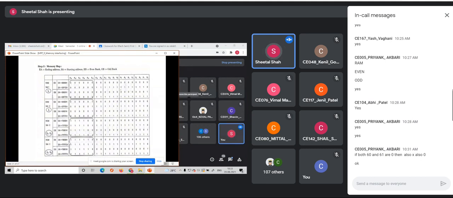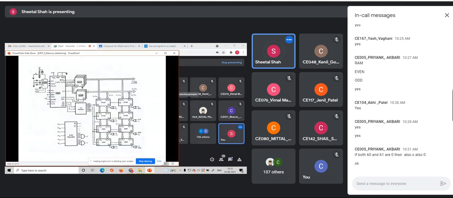The next, for ROM set 1, you can see that it is 11110. That means it is 62 as well as 63, all ones. If either of these two conditions occurs, you can see that 62 as well as 63 are ANDed together, and that is connected to this Y or Z, whatever it may be. And that is connected through this A0 as well as BHE bar signal to have one more set of this ROM. So like this, the interfacing of the RAM IC as well as the ROM IC is done with the given capacity of the memory IC.